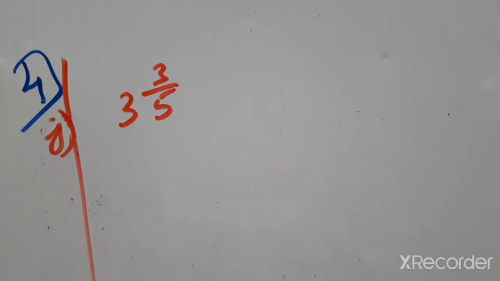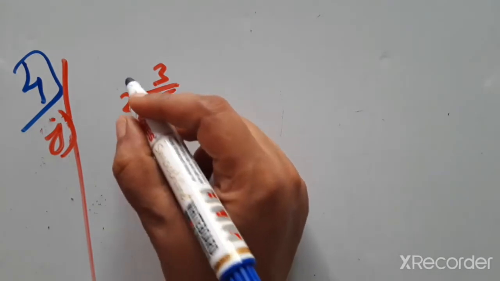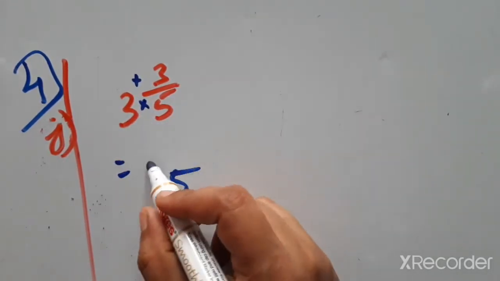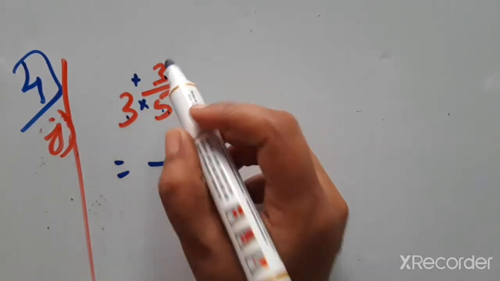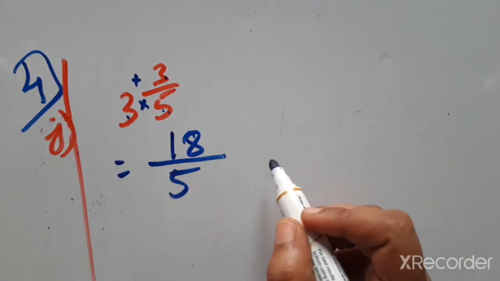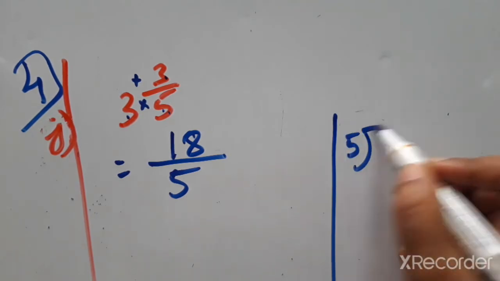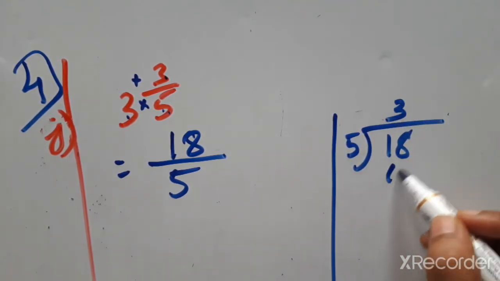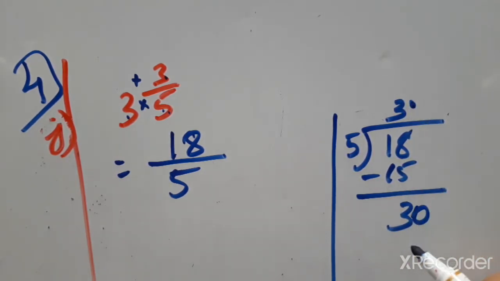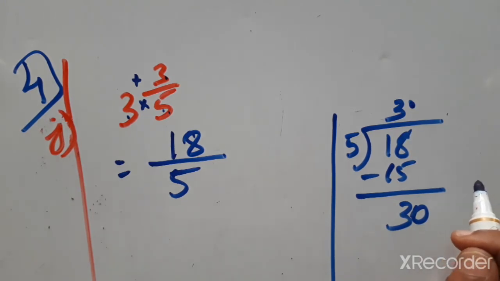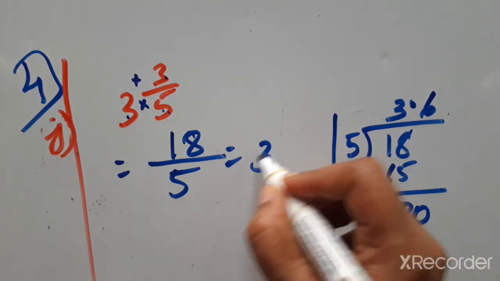Next, J1 is given, a mixed fraction. First convert into an improper one. Here we have to multiply, here plus. So the denominator 5 we have to write as it is. And 5 into 3, 5 3s are 15. 15 plus 3 is 18. So 18 by 5. Now 18 by 5 we have to divide it. 5 3s are 15. Minus means 3. Decimal point is like a banker, we can borrow 0. 30. 5 how much are 30? 5 6s are 30. So the answer is 3.6.